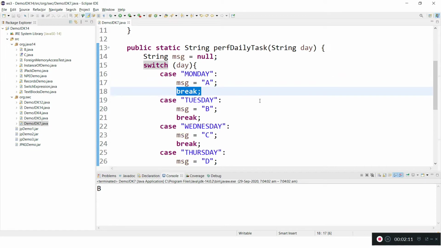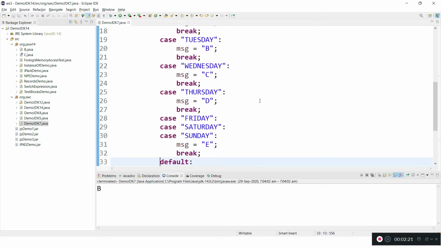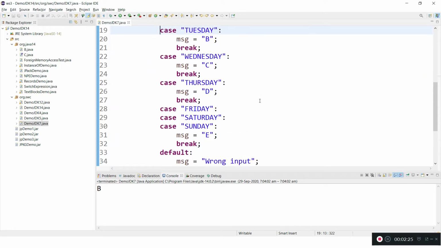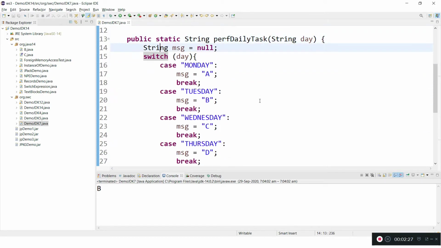This can be multi-line after the colon, so there can be any number of lines, then we keep a break. In the same way for each case, and finally we write a default. Default is optional in switch statements, and